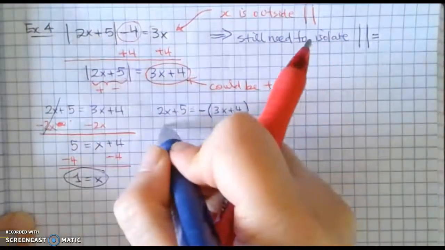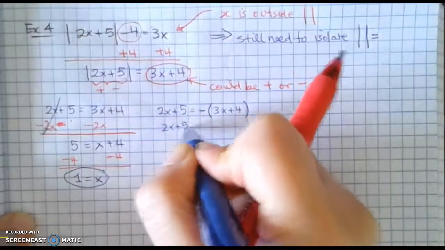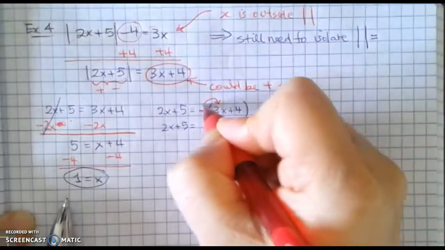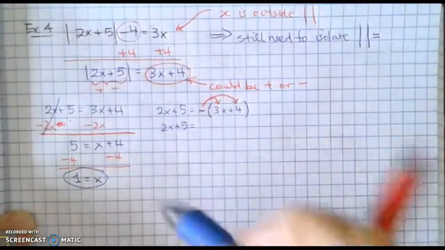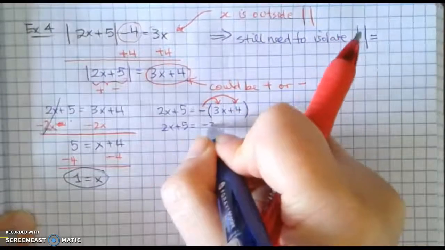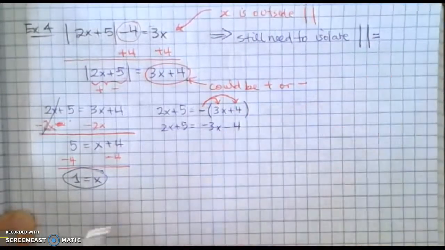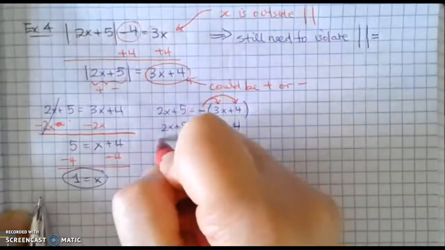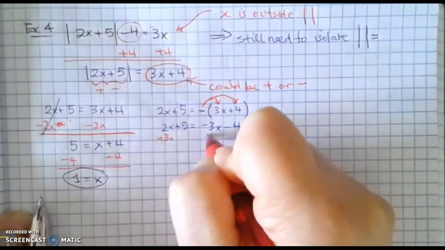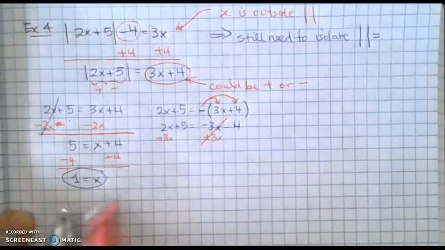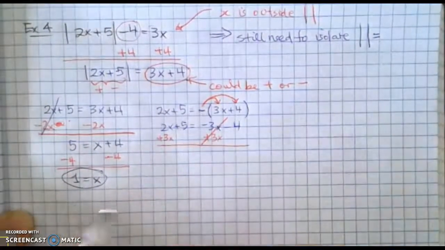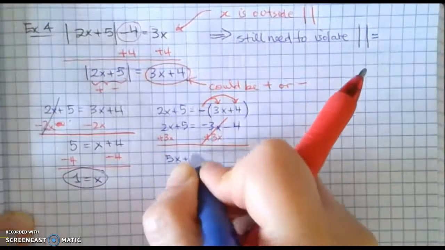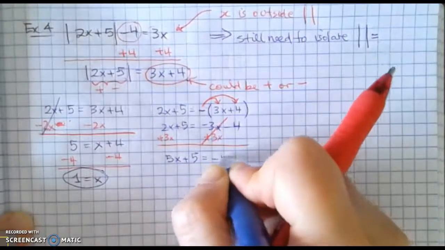Let's go to the other side. Okay, so 2x plus 5 on one side. I am going to distribute this negative to both. So that becomes negative 3x minus 4. Then from here I see variables on both sides, so I want to combine them. So I'm going to add 3x to both sides to cancel this out,